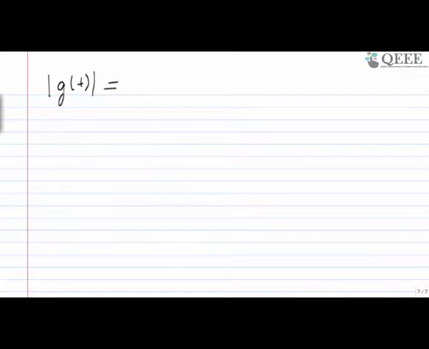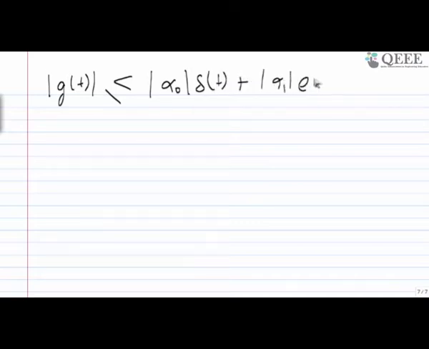So what you can write is that g of t, if I separate this, would always be less than alpha naught delta t plus alpha 1 e to the power sigma 1 t. Okay,